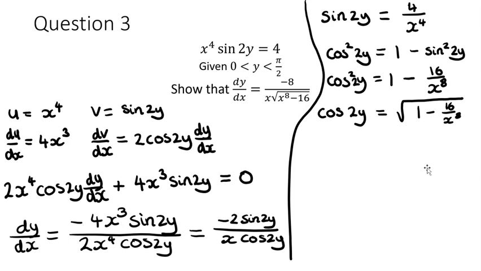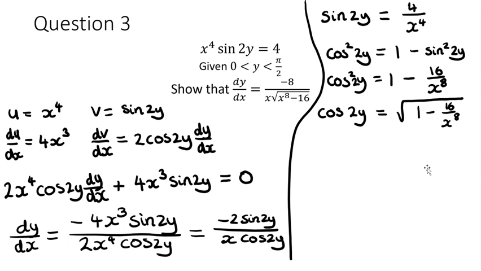But it's the square root of all of this. You can't just square root the individual terms. That's probably one of the biggest misconceptions I constantly see throughout A-level maths: people just square rooting individual terms. You have to square root the whole of that side. You can't just say, oh, it's just 1 over, 4 over x to the power of 4. It doesn't work like that. You have to square root the whole of that right hand side. Okay, so brilliant. We now have written sine 2y and cos 2y